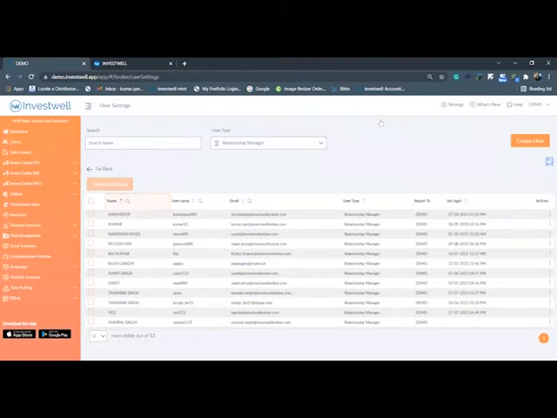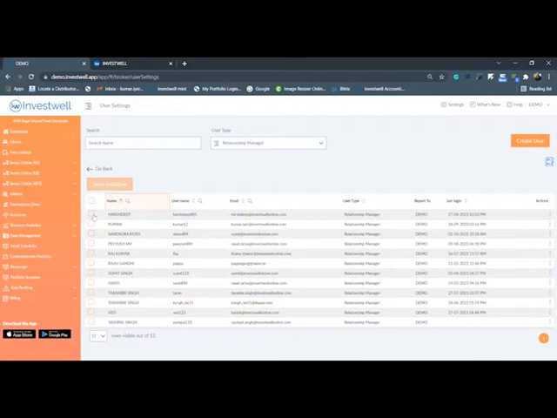And if you want to give them login access, once after creating it, automatically you can choose a specific subbroker, and there is an option called send invitation. If you click on this, that subbroker or RM will receive an invitation message. He will receive an email in which he will have his own user ID, and there will be one activation link. He needs to click that link and set up his own password. Once he has set up a password, you can even check his password through your admin login. Accordingly, you can create a subbroker or RM and send them the invitation.